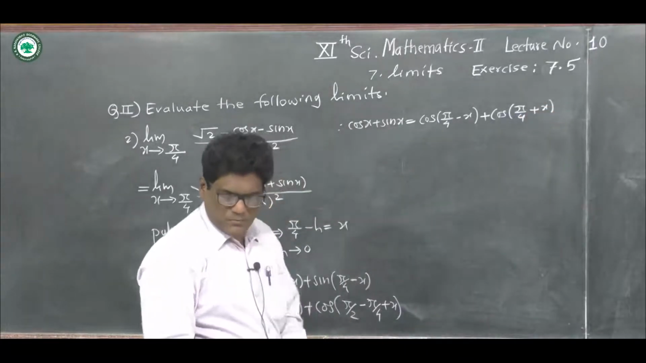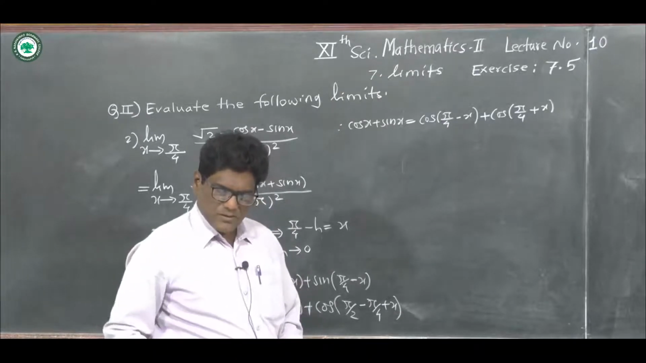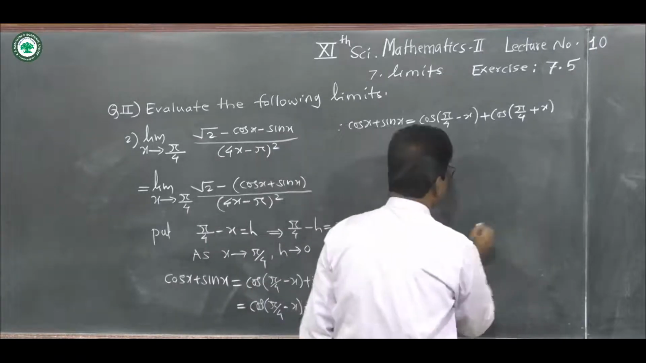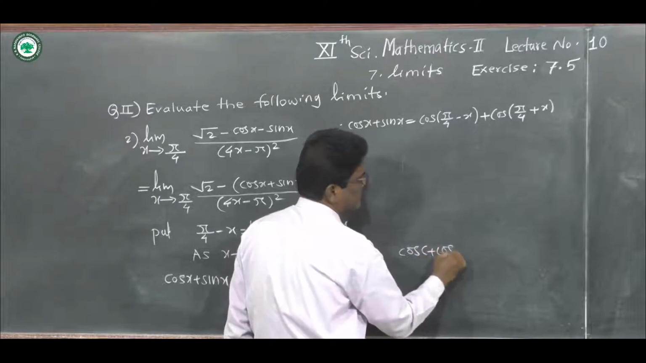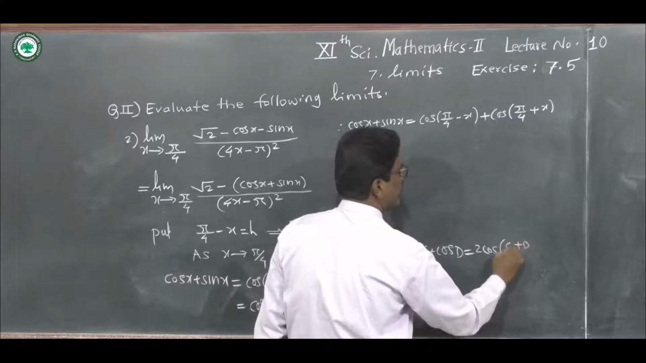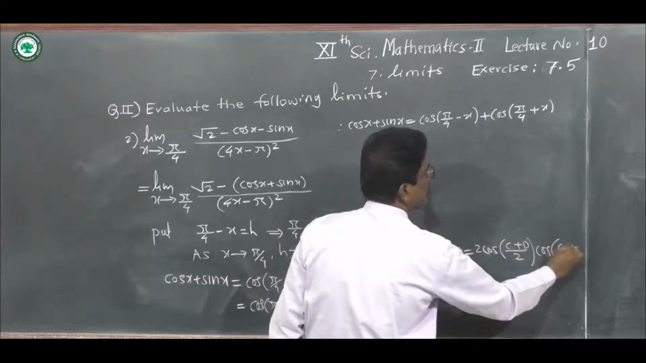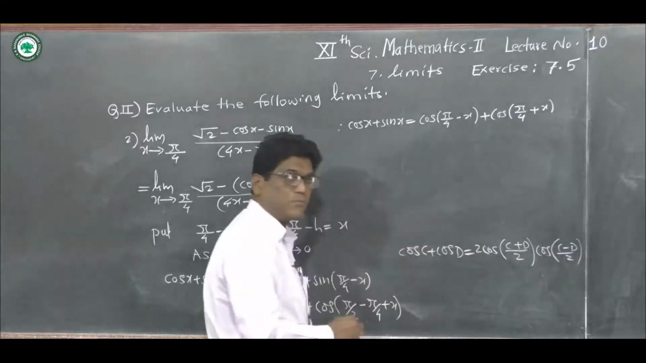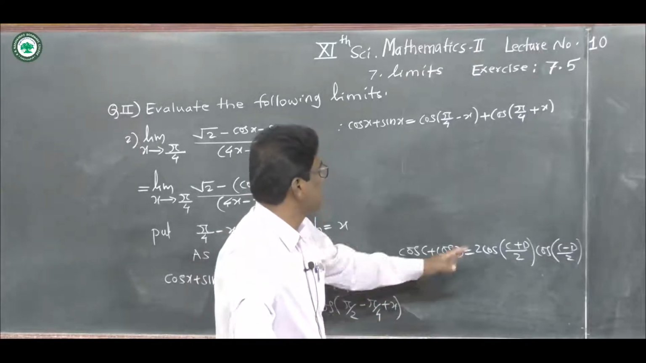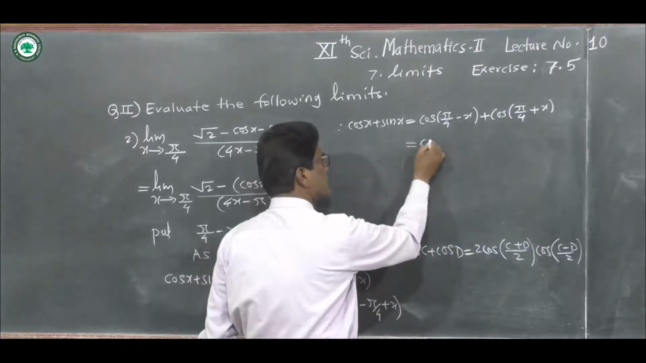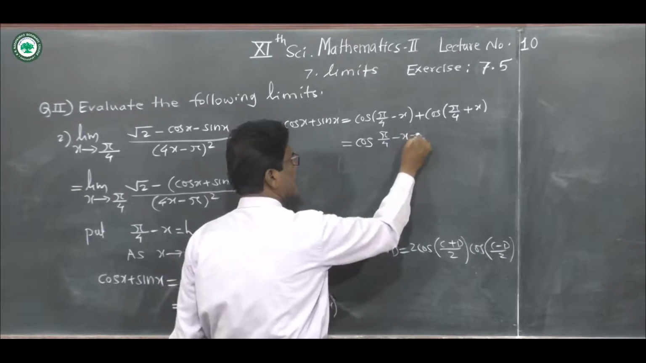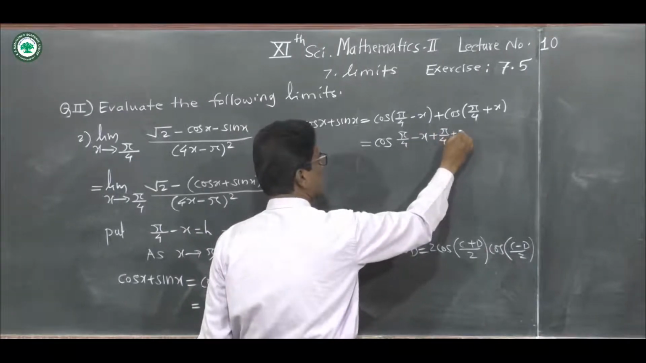Now we have to use the formula for cos c plus cos d. What is the formula for cos c plus cos d? That is equal to 2 times cos of (c plus d) divided by 2 into cos of (c minus d) divided by 2. We have seen this formula in the trigonometry chapter in paper first. So it is equal to cos of c, here pi by 4 minus x, plus d, here pi by 4 plus x,